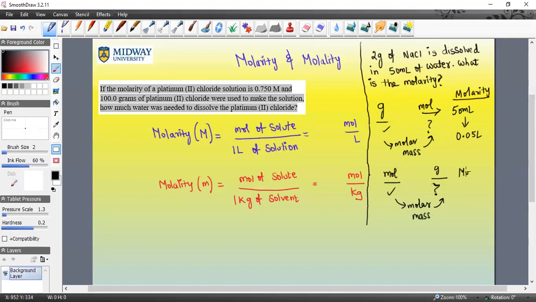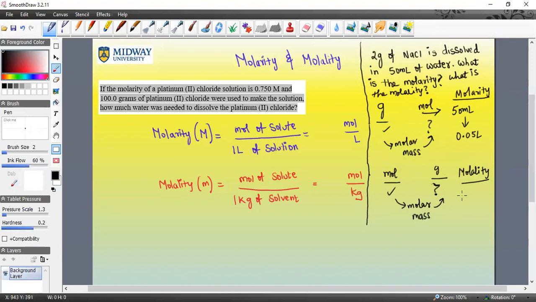Now for the molality, we're going to assume the same thing. Say, what is the molarity, and I'm also going to add, what is the molality. The same numbers and same everything could be turned into a molality question. In that case, again, you convert your grams to moles, which will be the same, and then the molality would be,